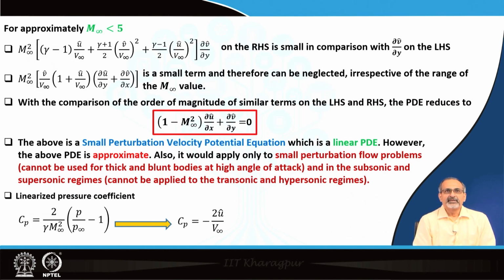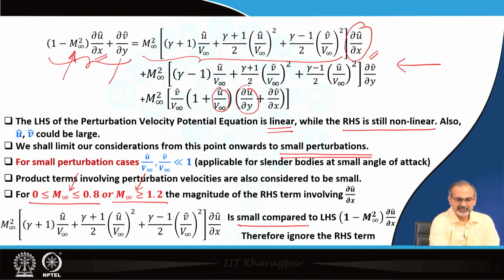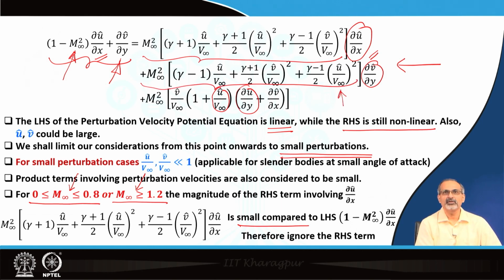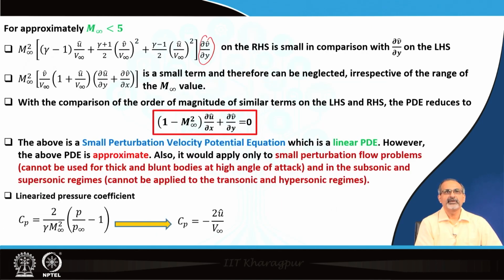For approximately M infinity less than 5 or so, we can show that the term involving del v hat by del y on the right hand side is small compared with del v hat by del y on the left hand side. So, we are trying to say that this term will dominate over this term, because this coefficient will be significantly small if you are operating within a Mach number range of this order. So, we have imposed one more constraint on the upper limit of M infinity, and finally, the third term on